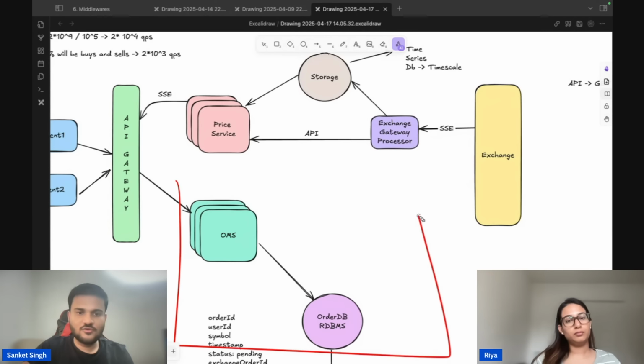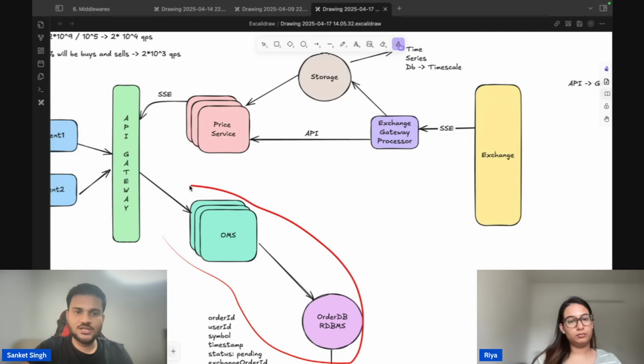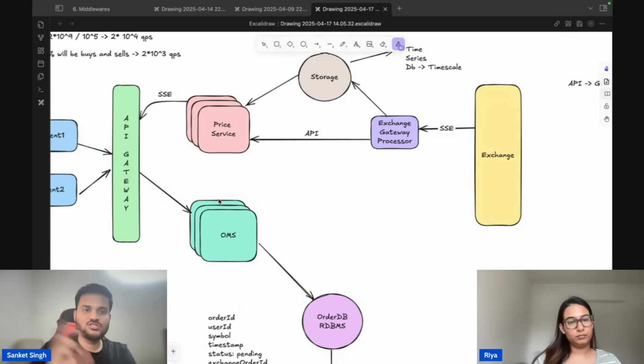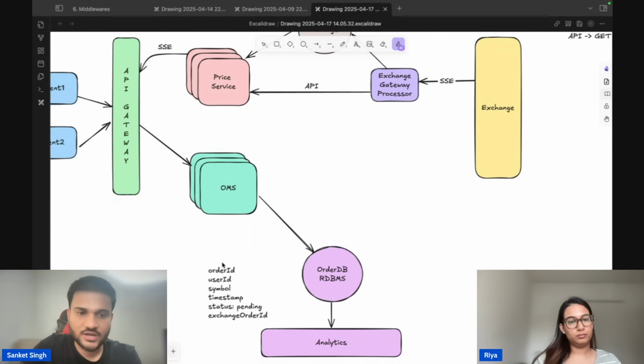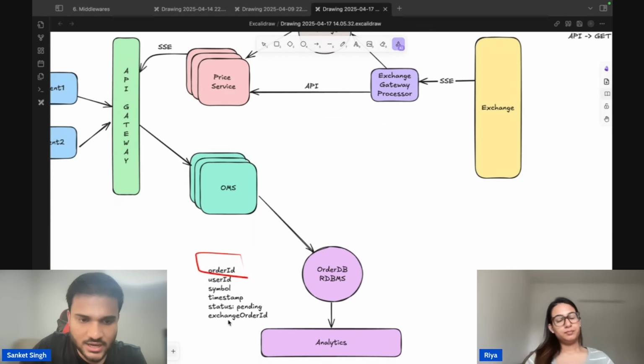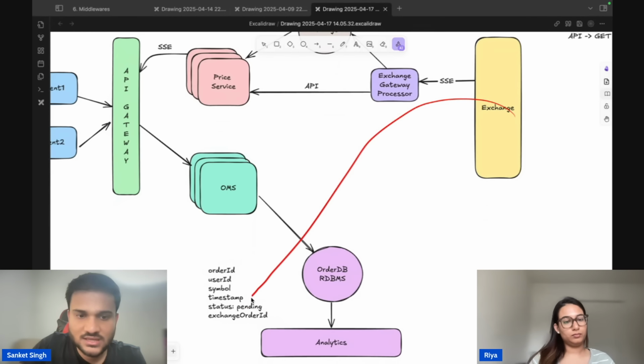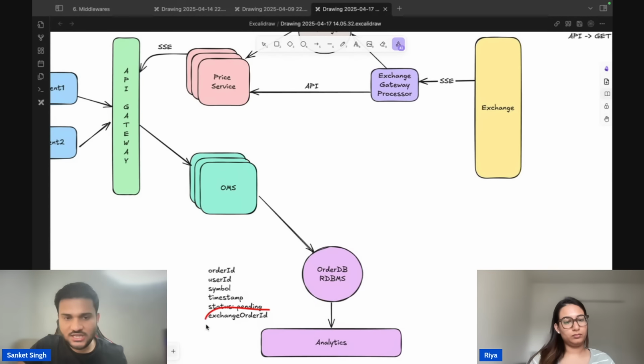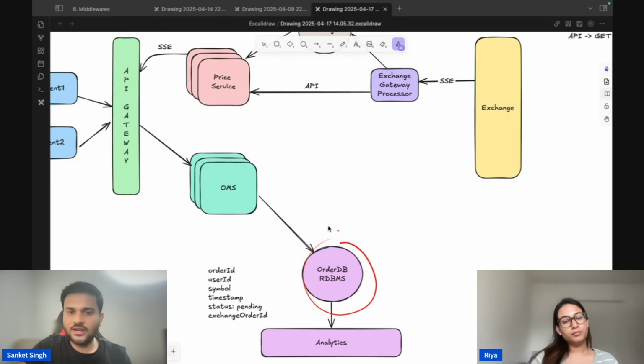All of these other platforms, depending on their internal implementations, have to moderate things on top of it. So this order ID that I have mentioned here is our own database's primary key ID. This exchange order ID is going to be the unique ID that is given to us by the exchange. So initially, this exchange order ID is going to be null. Why? Because as of now, we have received the order and we are making an order entry inside the order database. Once this order entry has been added in the corresponding order database, what we can actually do is,